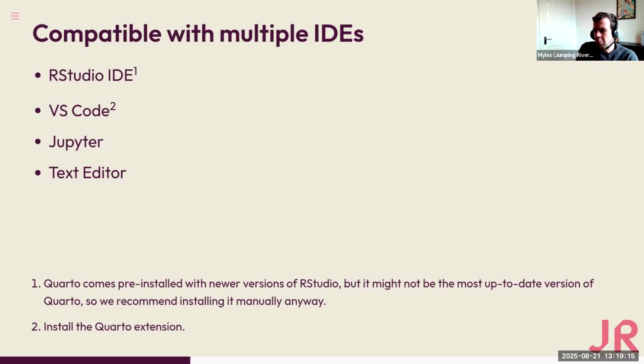So yeah, Quarto is compatible with RStudio. It's also compatible with a number of other popular IDEs. So VS Code would be one of my favorite IDEs for developing Python and R code. And you can install the Quarto extension for VS Code. So it's free to install, only takes a few seconds. And then you'll have all of the features and compatibility in VS Code of Quarto that you would have with RStudio. Quarto does also have some compatibility with Jupyter.